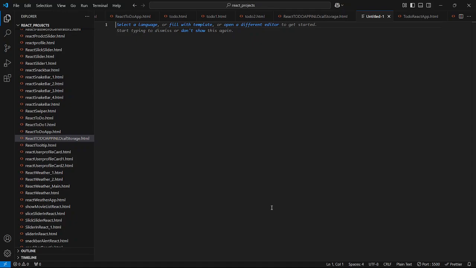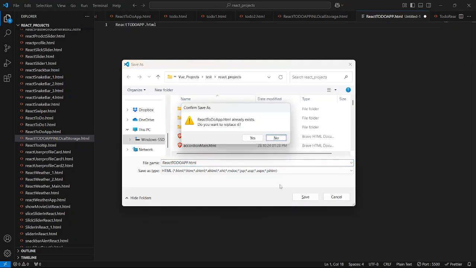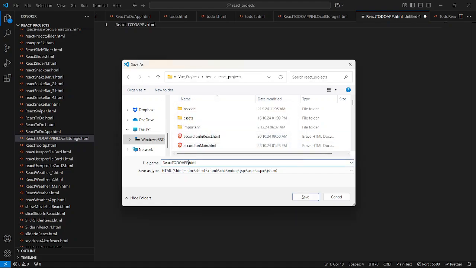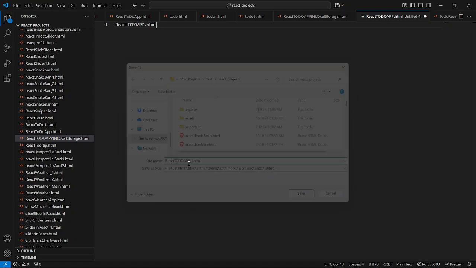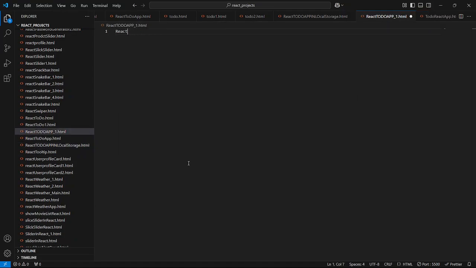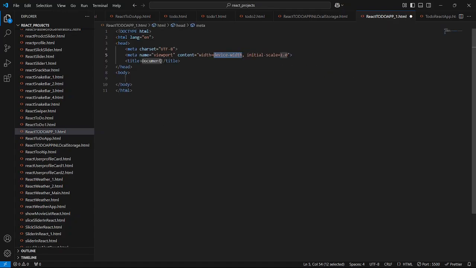Okay, so first of all guys, let me just create one file. So I'll say here React to-do app.html. So save the file, hit enter, it is already there. So let me just give here one, hit enter. So guys, now let me just create the HTML structure first. So I'll say here HTML. So I'm gonna give the title also as Code with ER